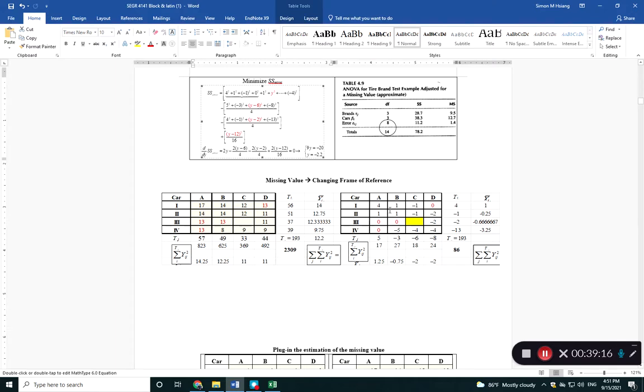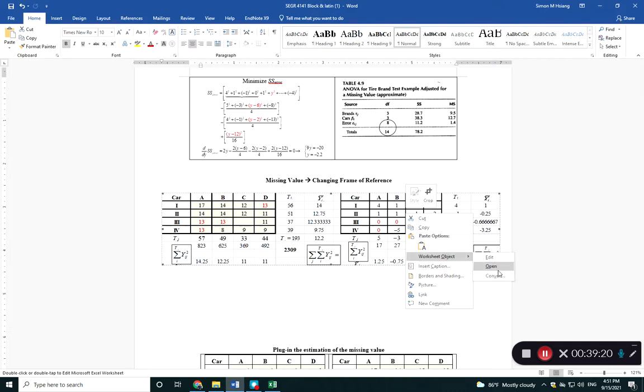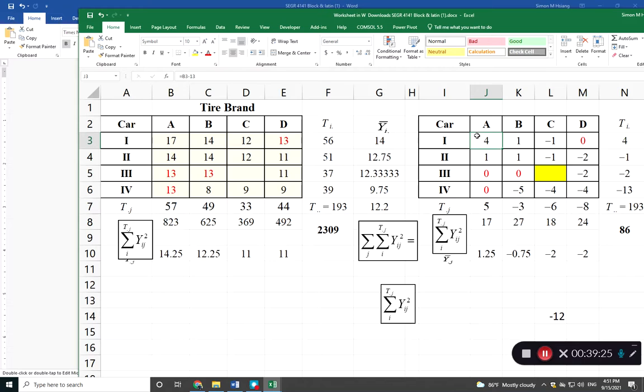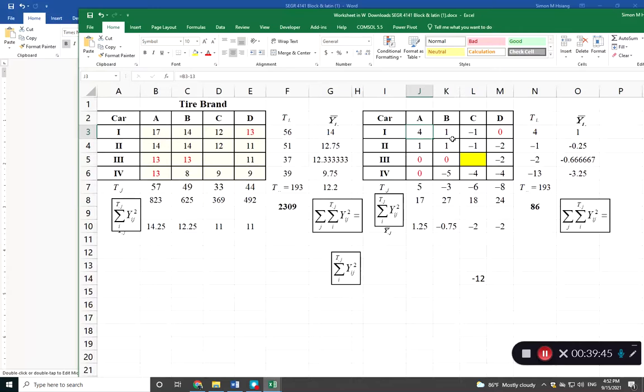Let me open up. First, you will have every observation, okay? And in order to make the computation easier, we just find